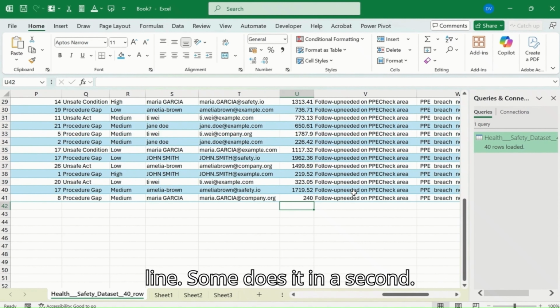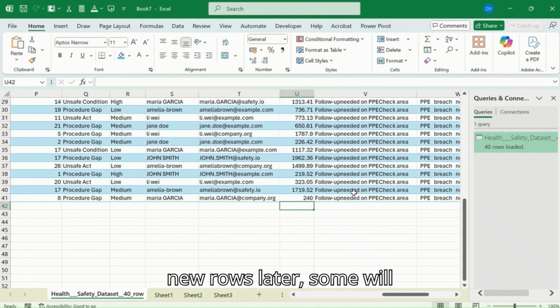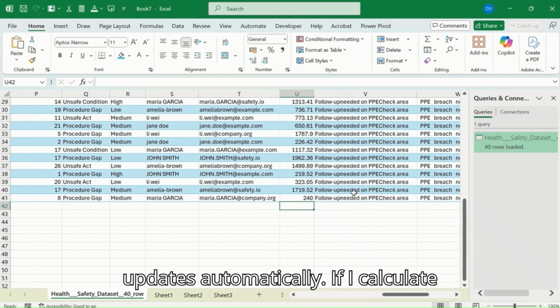Sum does it in a second. And here is the real power. If you add new rows later, sum will update automatically. If I